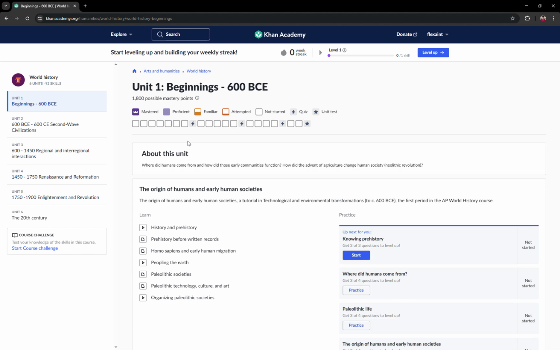So in order for us to dive into it further, you'll see different types of content if you click on it. For example, in Unit 1, videos are marked with a play icon, articles with a document icon, and exercises with a check mark. So this variety helps reinforce learning through different methods.